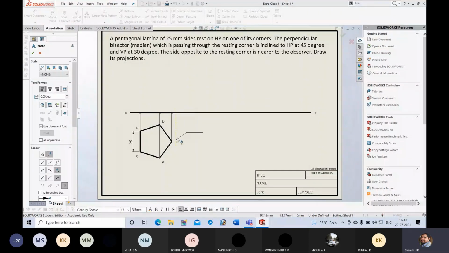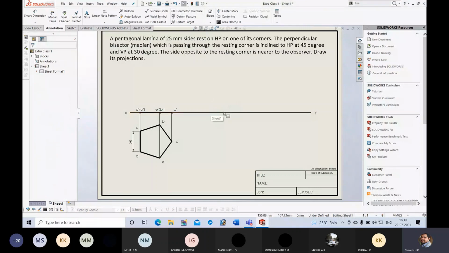For the top view, we use lowercase letters. For the front view, we use lowercase with prime, that is a dash, b dash, d dash, c dash.